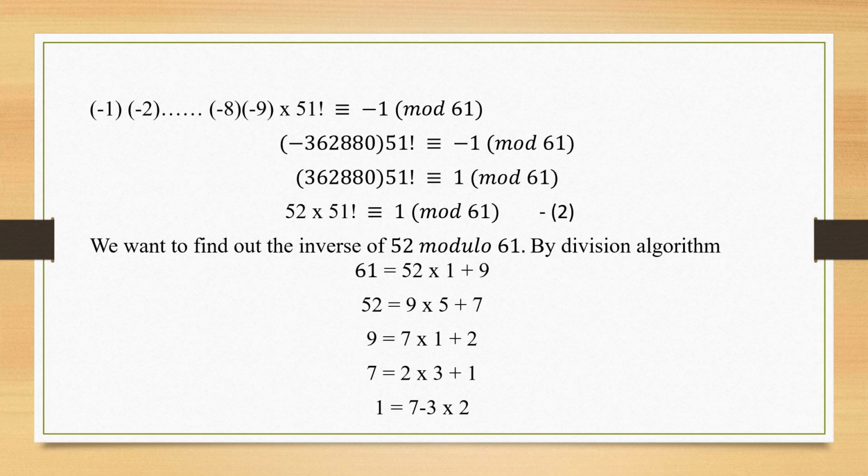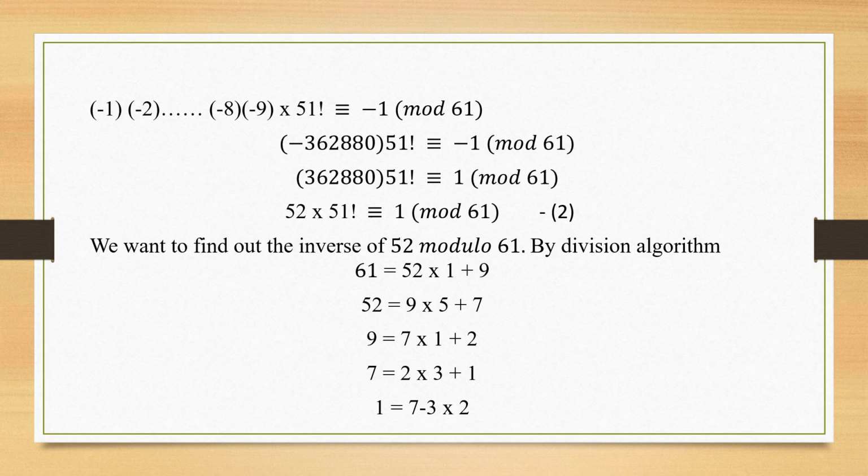Then 52 can be written as, when I'm seeing what will happen in the next step, the division algorithm says that the divisor will get transformed into the dividend. It will come in the dividend position and the remainder will become the divisor. So when I divide 52 upon 9, I'll be getting 5 times it goes. 9 5s are 45 and the remainder is 7.